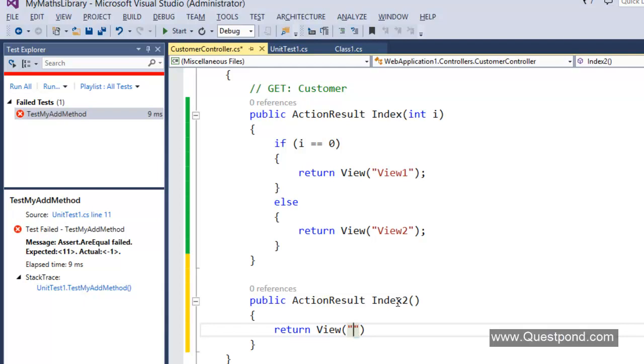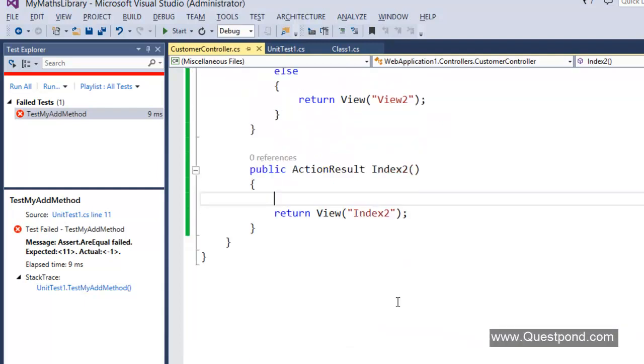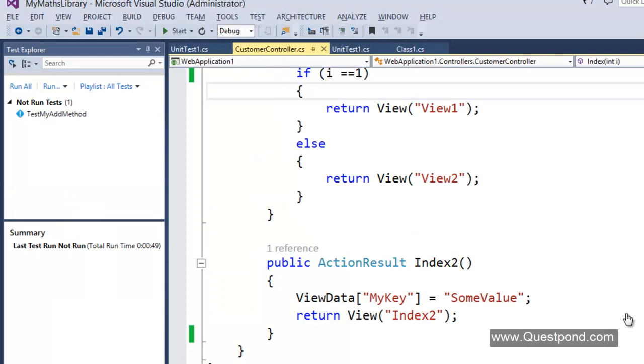Let's keep view name as index2 view, but we will also do one more thing here. We will say view data of my key equal to, I'll say some value. Done. Now let's go and test both of these methods independently and in automated manner.